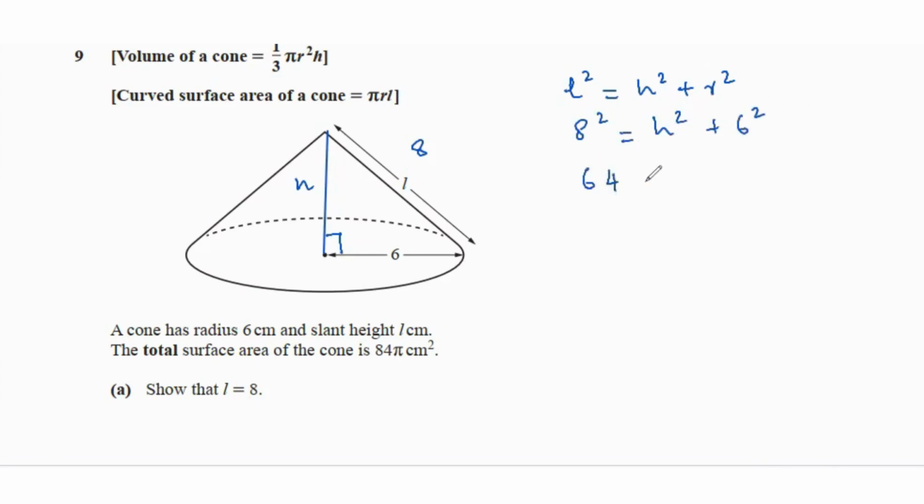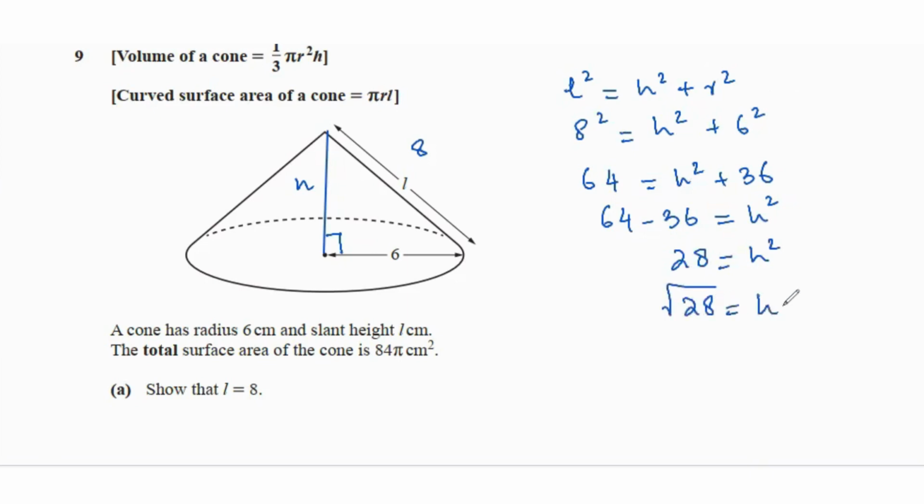So that's 64 equals H square plus 36. 64 minus 36, which is going to give us 28, and then we take the square root of 28, which is 5.29. So now we will use this value to find the volume. So volume will be 1/3 pi times 6 square times 5.29